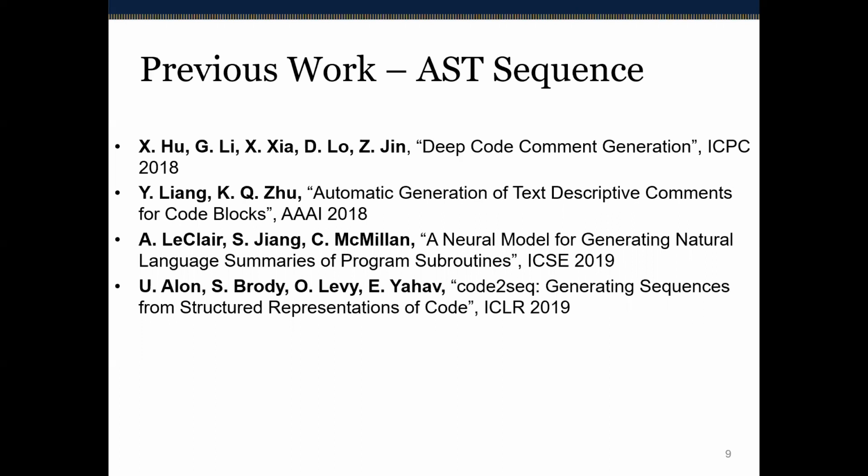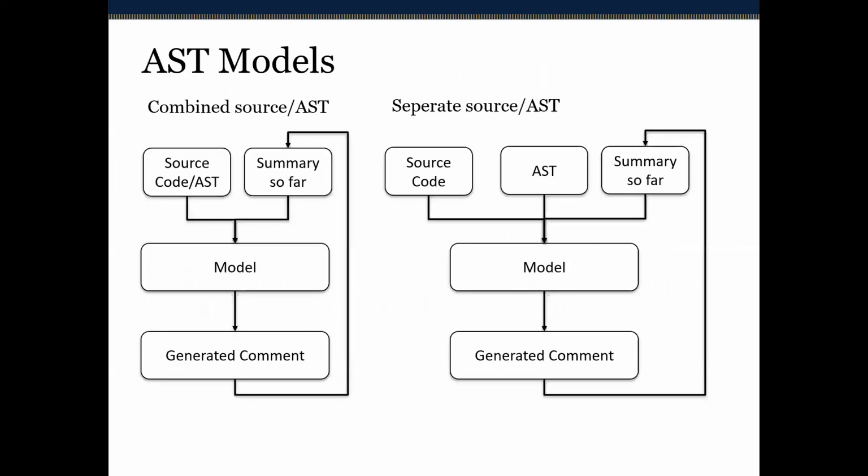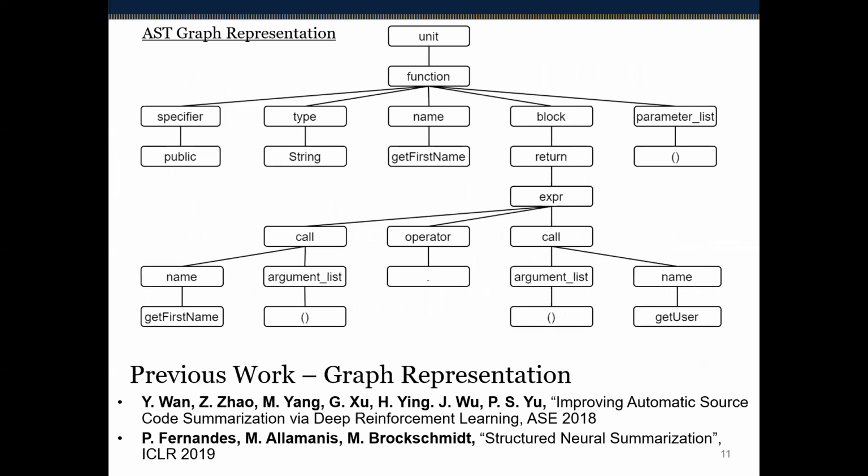Also in 2019, Alon used an approach where they would take random paths through the AST and use that as input sequence for the model. These papers all utilized the AST, but developed a variety of methods for flattening it into a sequence. Around the same time, some groups started working with graph neural networks as a way to maintain relationships of tokens in the AST that are lost when you flatten it to a sequence. In 2019, Fernandes published a paper where they used a graph neural network and multiple edge types to encode the